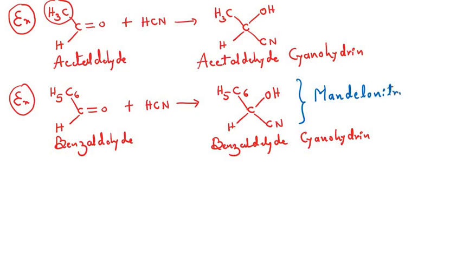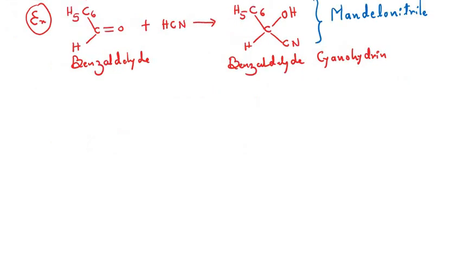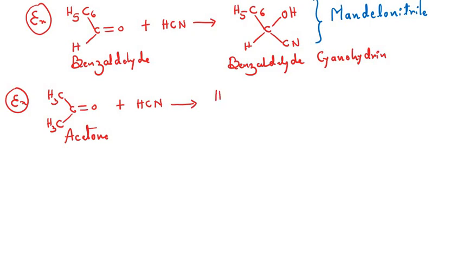One has to remember this name also, mendelonitrile. And let us take one example of a ketone, CH3C=OCH3. Now this is a ketone, commonly called acetone, but the IUPAC name is propanone. When treated with hydrogen cyanide, it gives an addition compound,